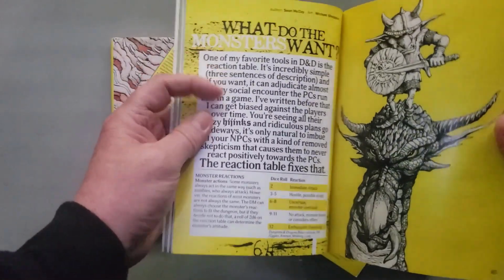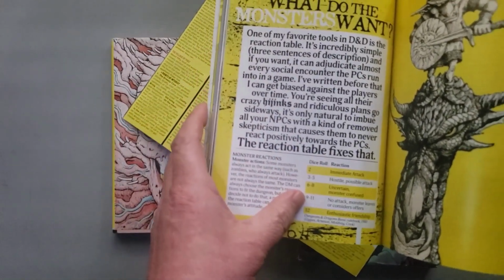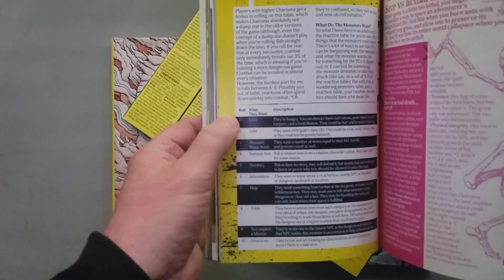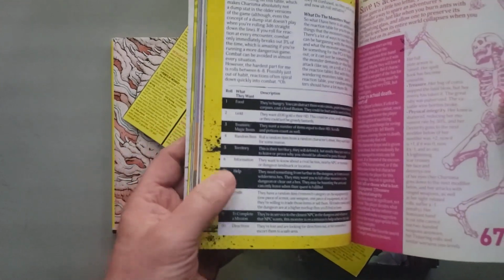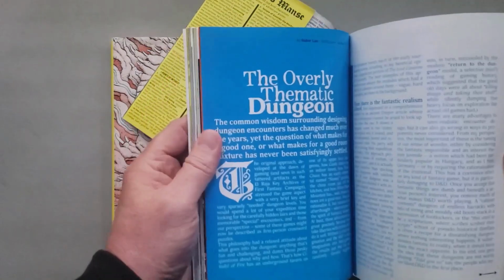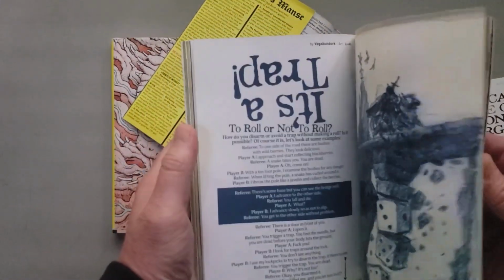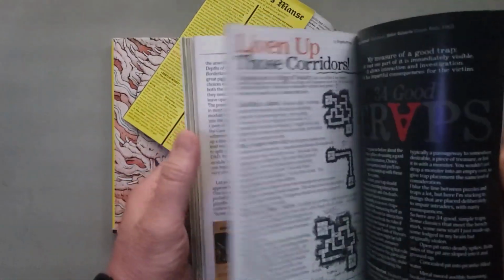So what do the monsters want? Here's another table. This is using a reaction table again, that 2d6 table. But then it gives you like, well, why are they acting that way? So food, they want gold, they want treasure, they want territory, they need help, they want to trade. So this is all just really fun stuff in here. And then you get into the back and you get into some ideas on, there's different,